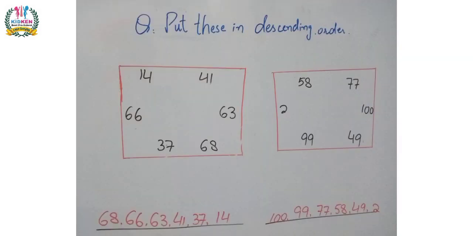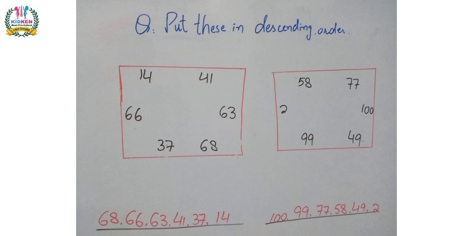The next question is to put these in descending order. In descending order, you write the larger value first, then the smaller ones, and last the smallest. In this box, we have the values 14, 41, 66, 63, 37 and 68. So we write 68 first, then 66, then 63, then 41, then 37, and last 14, because 14 is